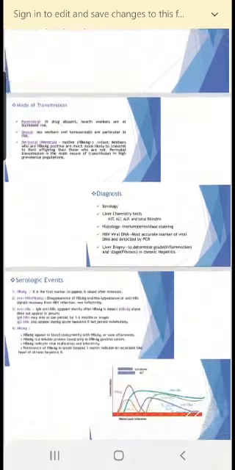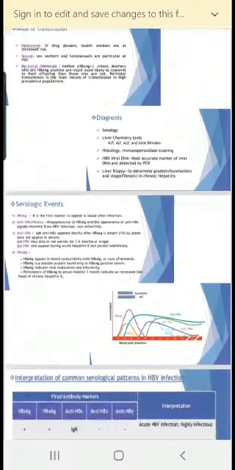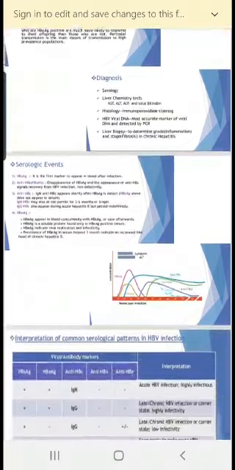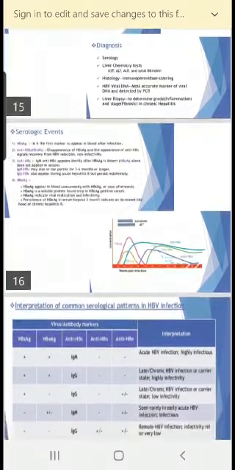Mode of transmission we have discussed, and the diagnosis is very classical. You can have viral HBV DNA testing, RT-PCR testing, or a liver biopsy, or even the liver function test will tell you about the derangement of the liver functions. So before I go to this chart on the next page, I'd like you to know that